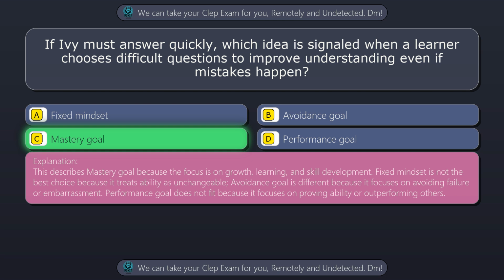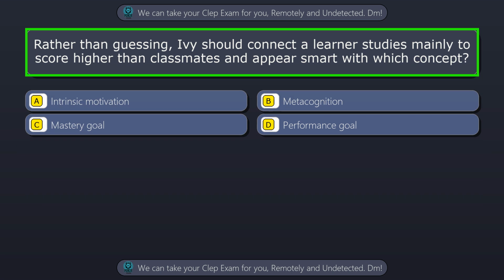Fixed mindset is not the best choice because it treats ability as unchangeable. Avoidance goal is different because it focuses on avoiding failure or embarrassment. Performance goal does not fit because it focuses on proving ability or outperforming others. Question 29. Rather than guessing, Ivy should connect a learner studies mainly to score higher than classmates and appear smart